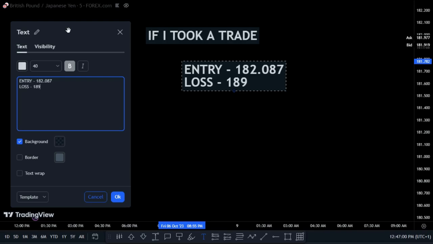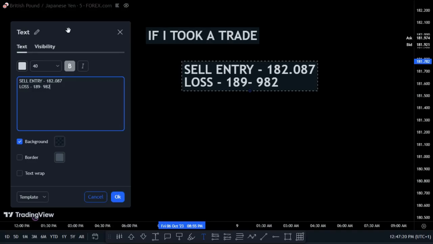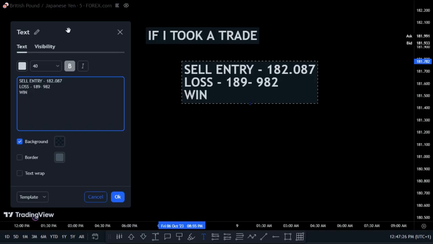Sorry. So let's say this order happens to be a sell. The amount of money I'm ready to lose, the price is 189 to, let's do 982, and the amount I'm ready to win for my profits, so let's say profits,